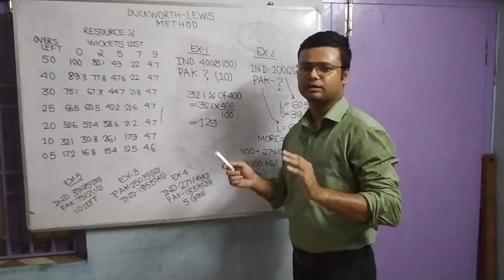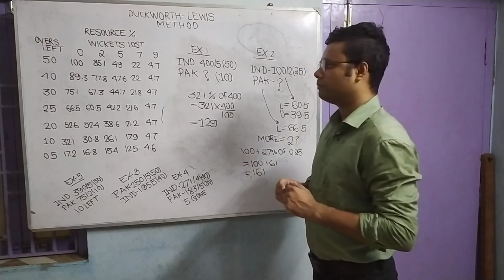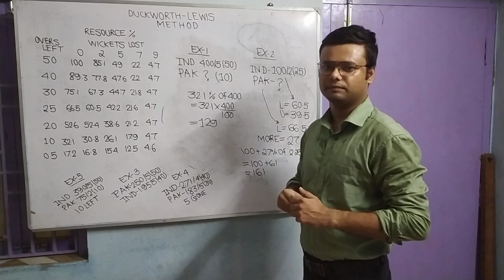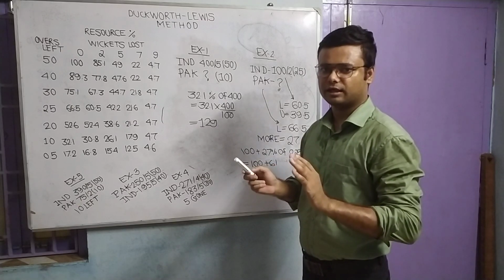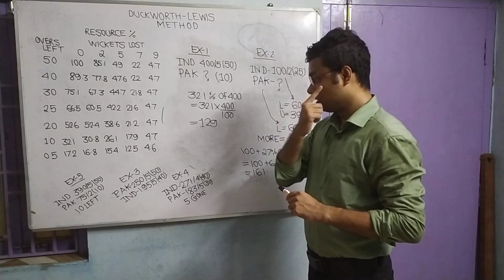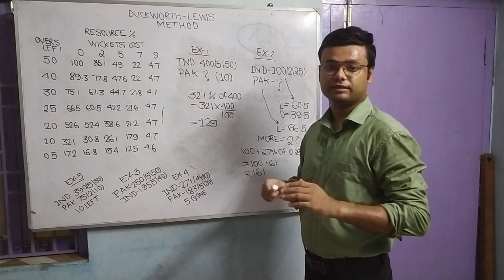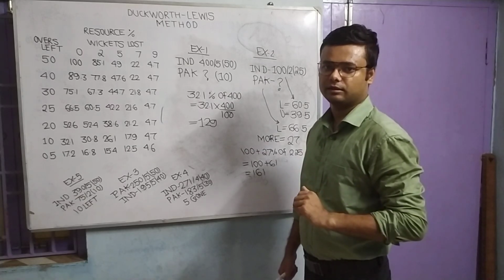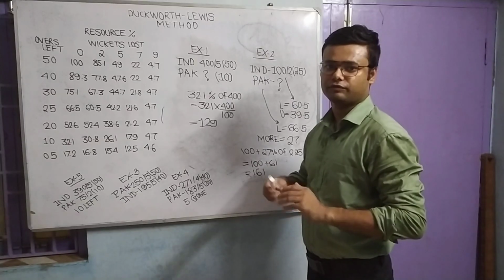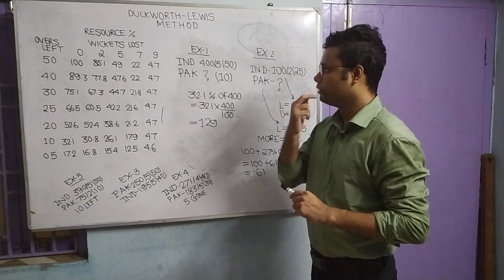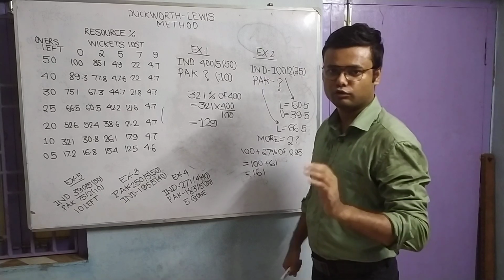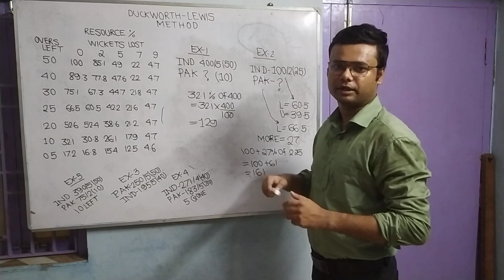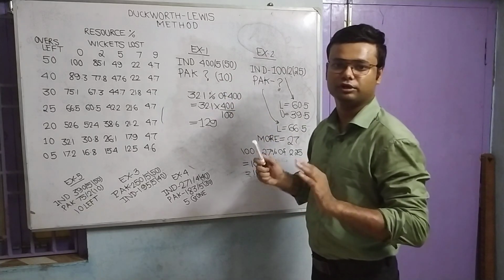So let me give you some examples so that you will be able to understand it properly. We will start with simple example to complex example. Let us assume that there is a 5-match one-day series going on between India and Pakistan. Now let's come to example 1. The first one-day between India and Pakistan, where India had won the toss and elected to bat first, and they put a massive target in front of Pakistan, which is 400 for 5 in their stipulated 50 overs.